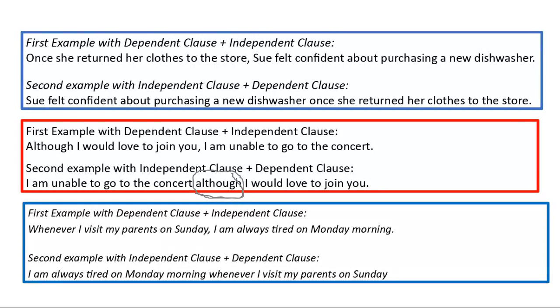So that's why I think it sounds a little bit funny, because in our minds we think of this word in the way that this particular sentence flows. Then what I would recommend doing, if you're not looking to keep it a complex sentence, would be to change it into a compound sentence. Put a semicolon here in the middle, or a semicolon here at the end of concert, keep although, and then put a comma. And then if I look on each side of that conjunction point, I am unable to go to the concert is an independent clause. I would love to join you is an independent clause. So